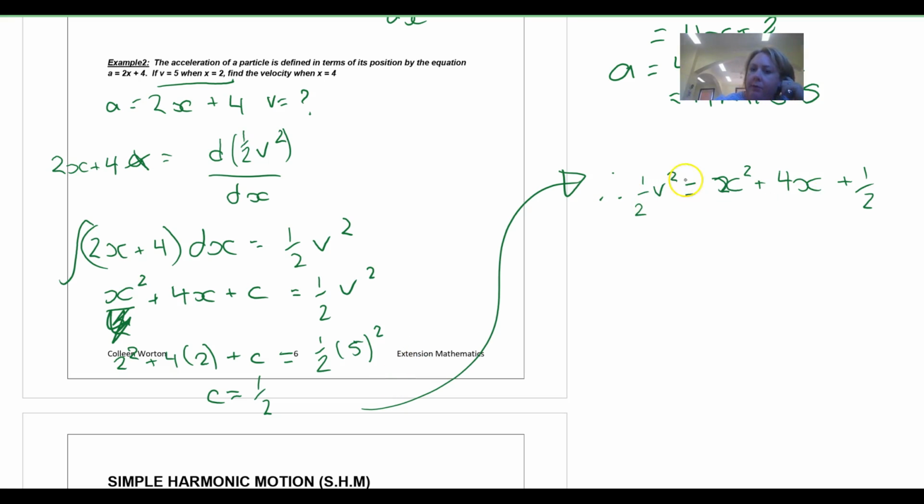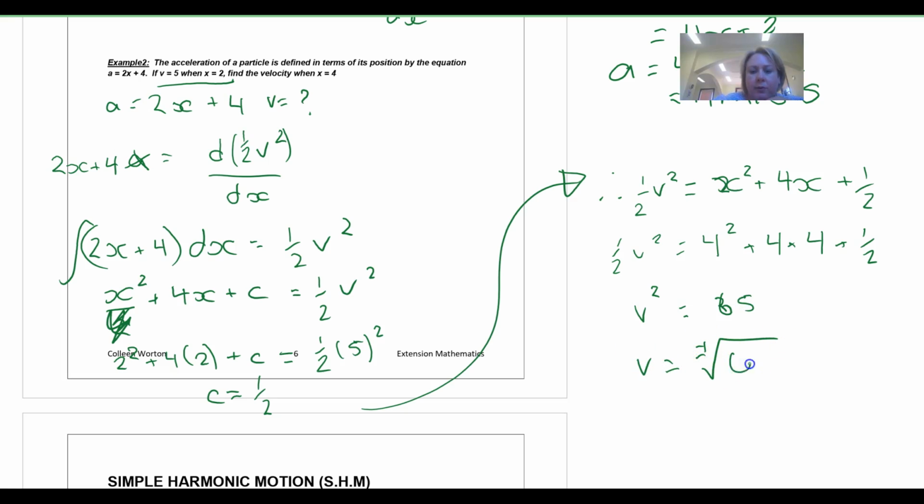So I've written it again: half v squared equals x squared plus 4x plus a half, and it says find v when x is 4. Half v squared is 4 squared, 16, plus 4 times 4, 16, plus a half, 32 and a half. Times it all by 2 is 65. So v is plus or minus root 65